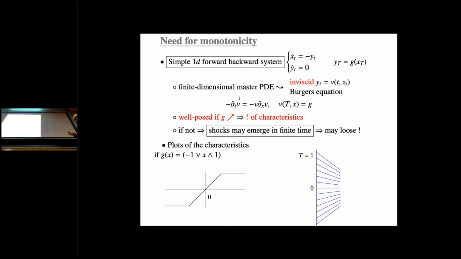Just to give you a very simple model, a finite dimensional analog of the equation that we are facing. I told you that this was a forward-backward system. So one forward equation, one backward equation. So let me give you the following analog in dimension 1. X dot is minus y, so the velocity is minus y, and y dot is equal to 0. This is another backward equation, but the spice of it is that the boundary condition for y is at the end of time, and it depends on the state of small x. So this is a two-point boundary problem.